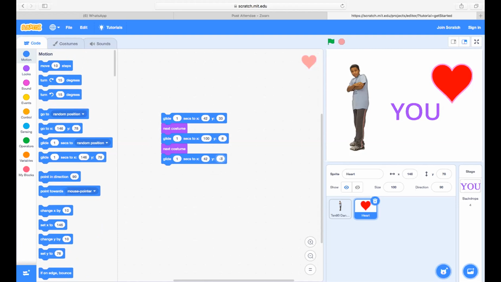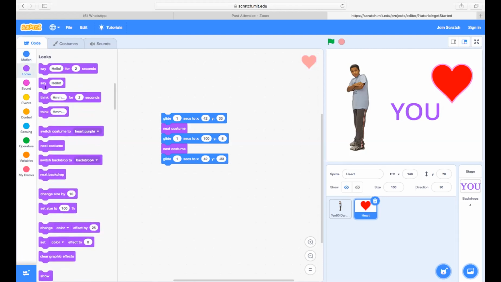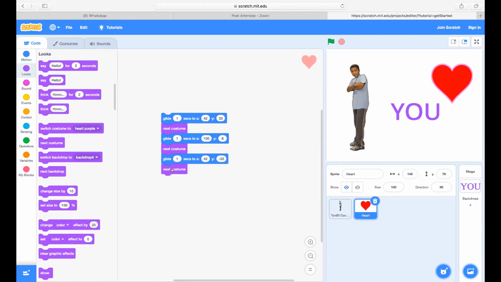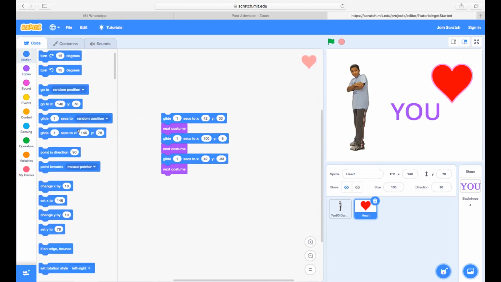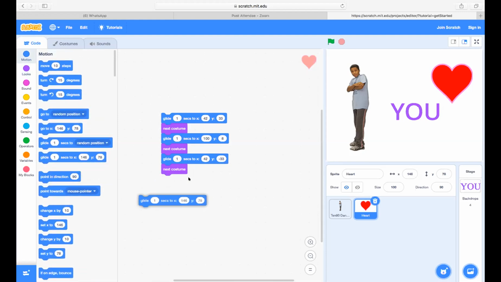Then again put next costume. And again put glide 1 second, X as 0 and Y as 30. So we are making the heart go round and round. Now just click on it and see how it looks. Like a diamond. Okay, very good.